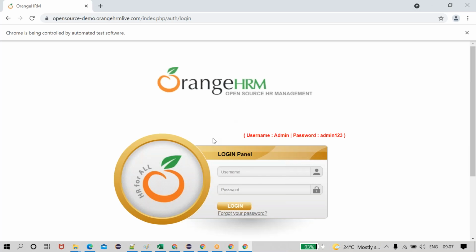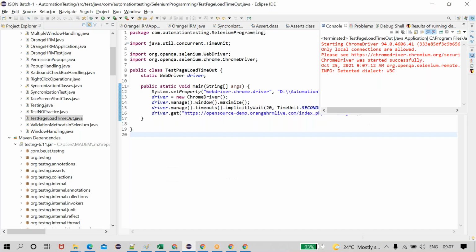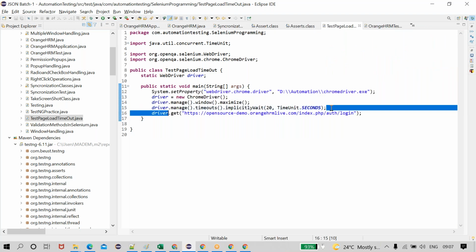It executes within 5 seconds. But I need to give some condition.